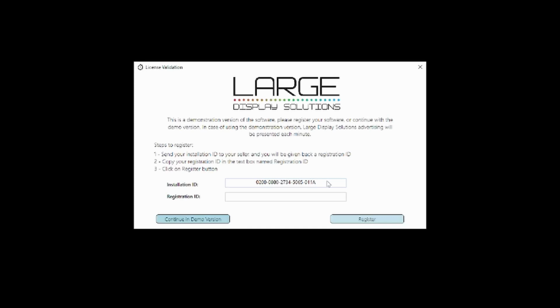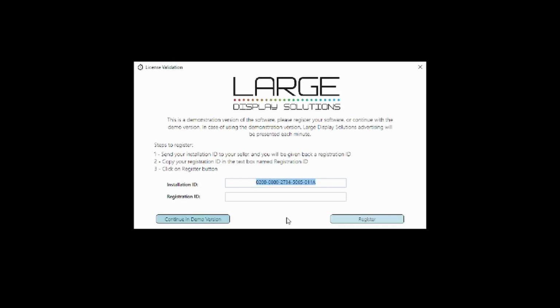It will give you an installation ID, that is a code unique for this computer, and will request you a registration ID. We will provide you the registration ID after you bought the license. So you will send us by your email, for example, this number, and we will introduce a valid license in